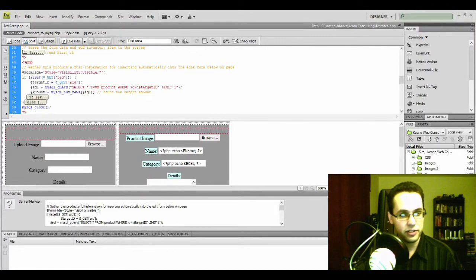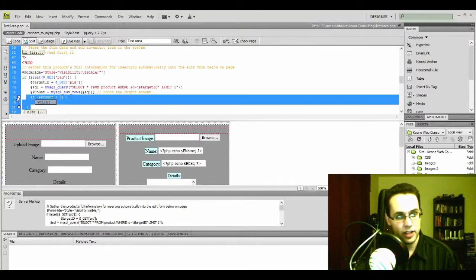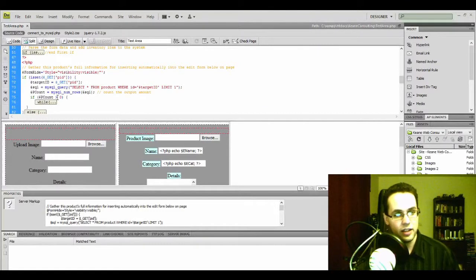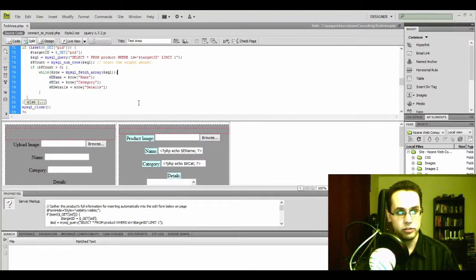Alright, so then it runs a count, of course, on the rows, on the product count. MySQL num rows, that. So it's looking to make sure that that's there, and then it counts the rows. So once it counts the rows, it says, hey, if it exists, in other words, if pcount is greater than 0, if something is there, then we'll go ahead and run through a loop where we will extract the data